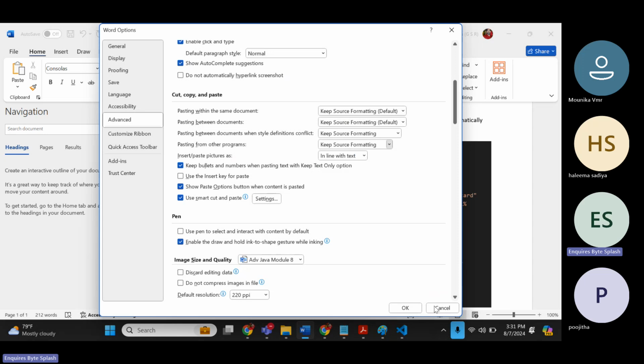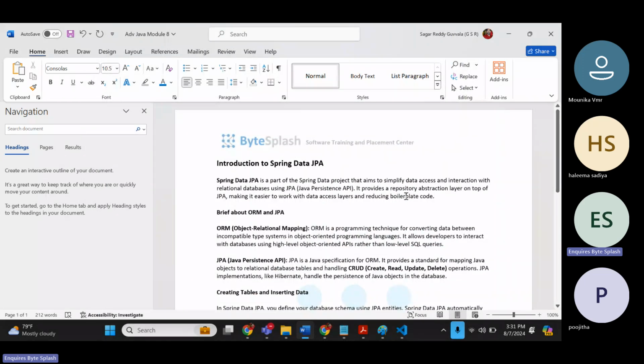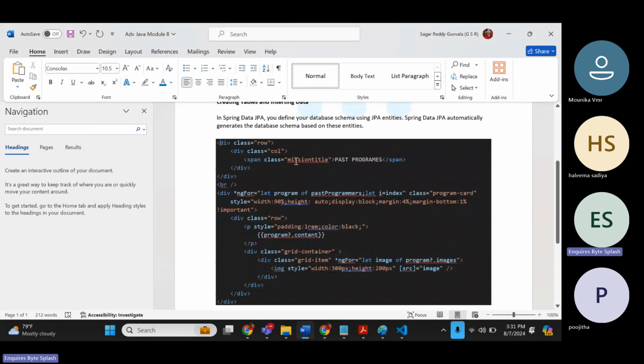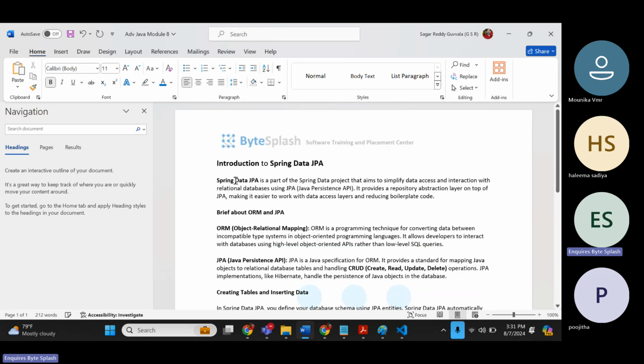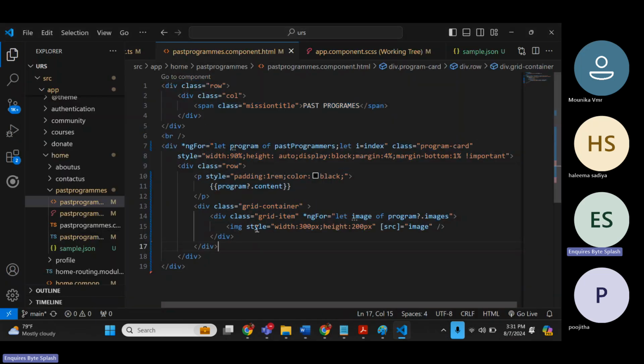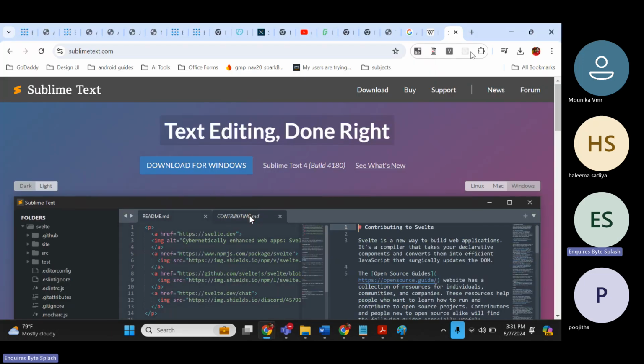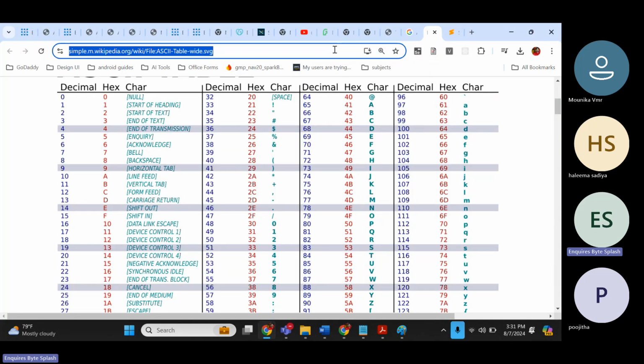So this is how we will also prepare materials. We need to use and follow all this. And this is how I need to prepare each and every material, right? That will be a difficult task. So now you can use this one. I will install this, go to VS Code,